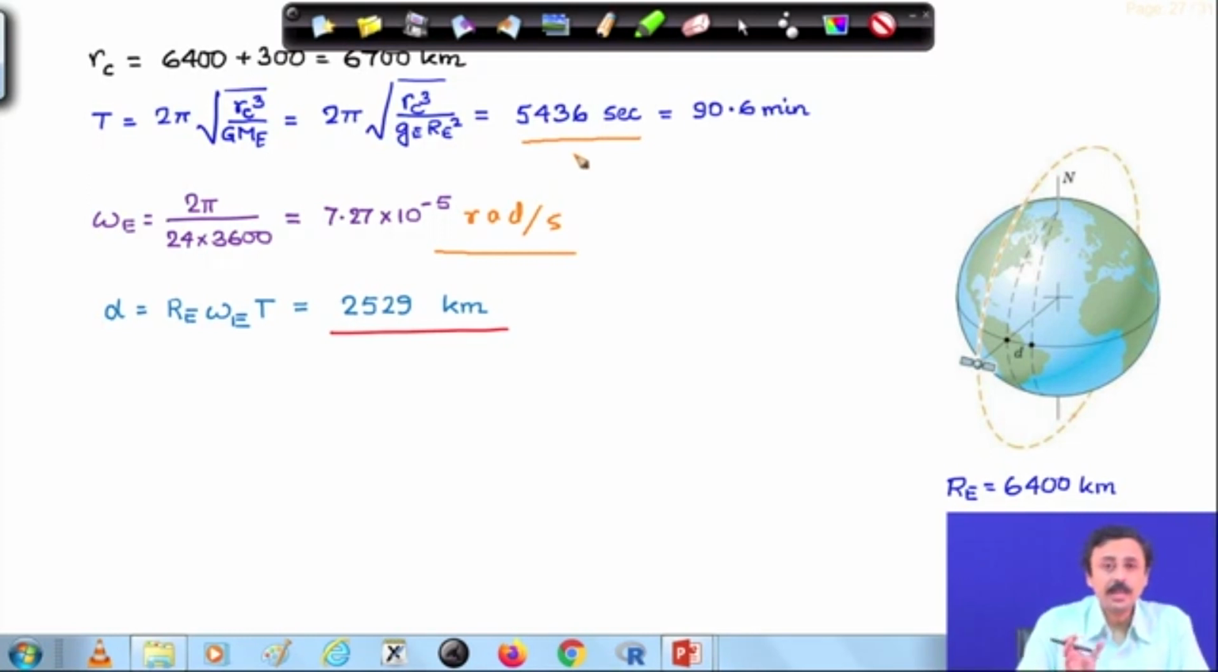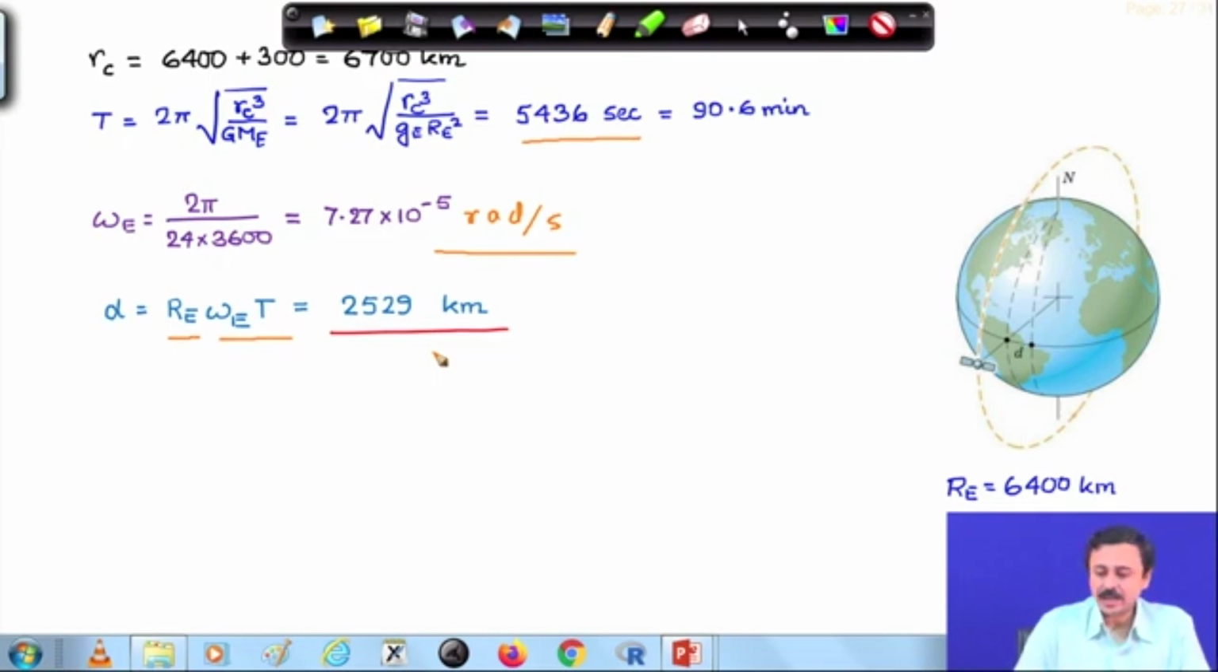Therefore, I can calculate the angular rotation of the Earth in this time, and with that angular rotation I will just multiply the radius of the Earth to get the distance on the surface of the Earth. Therefore, the radius of the Earth times this angular displacement of the Earth in one period of the satellite turns out to be 2529 kilometers. Therefore, for this satellite, when it comes back next at the same point, it will see a point which is separated by 2529 kilometers